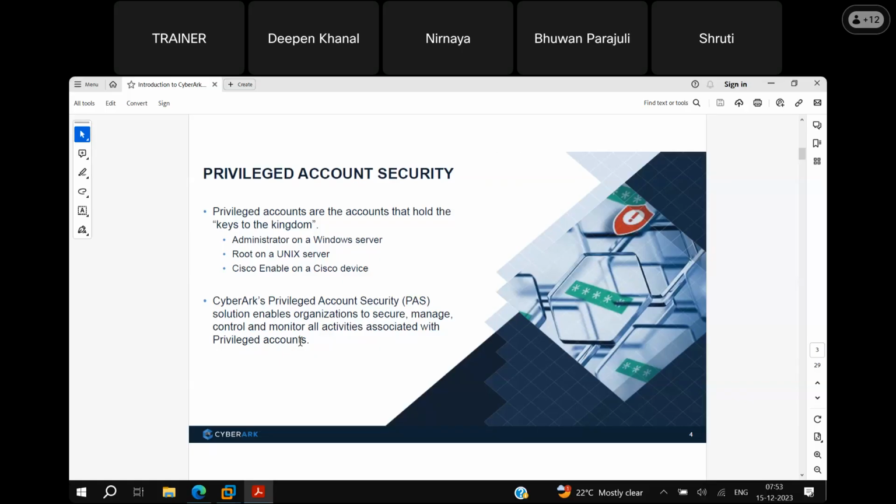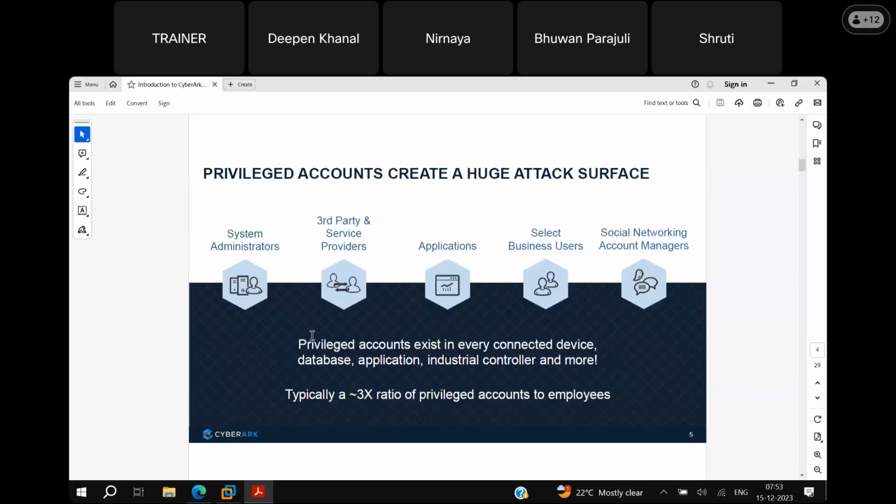We'll see how we secure, manage, control, and monitor in the next slides. But this is the actual definition of CyberArk: a product solution that helps organizations secure, control, and monitor all privileged account activities.